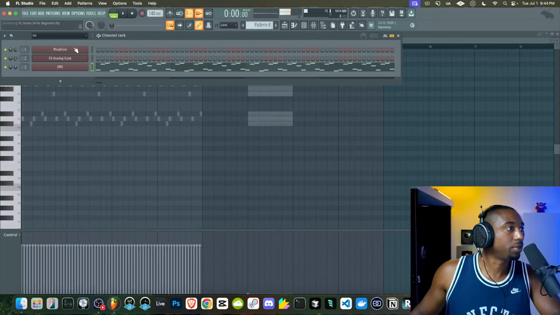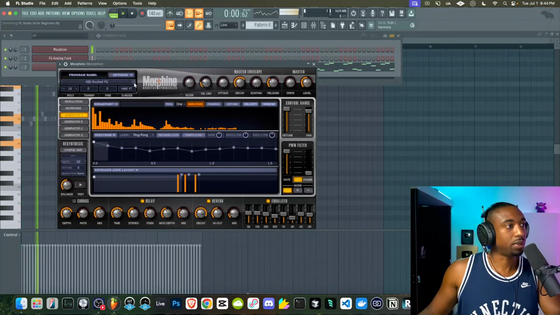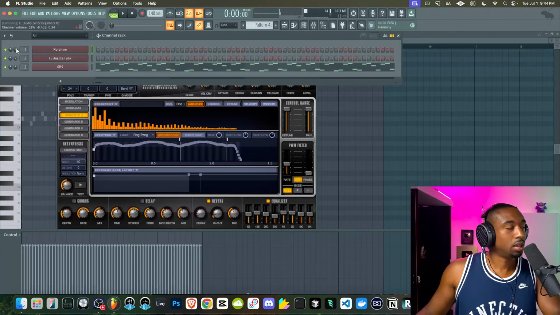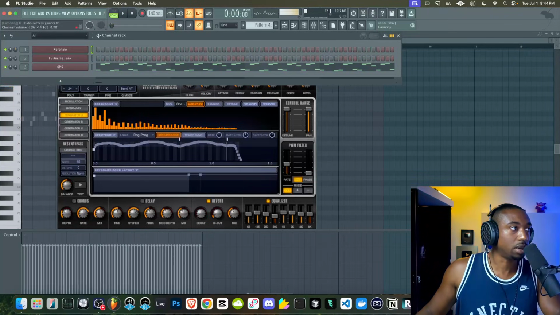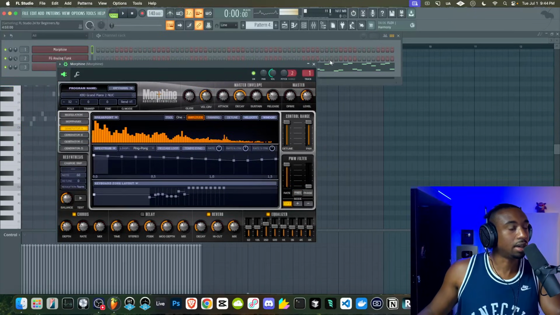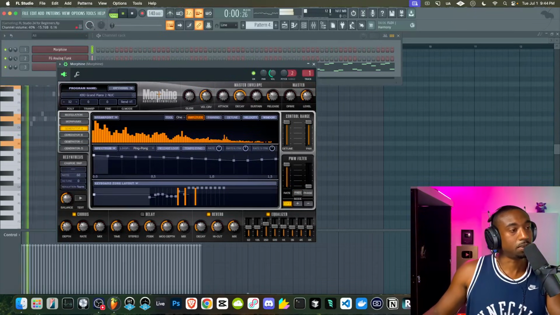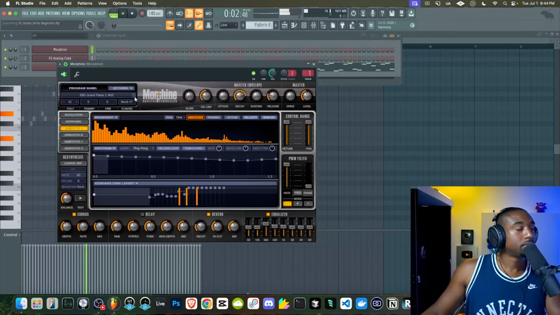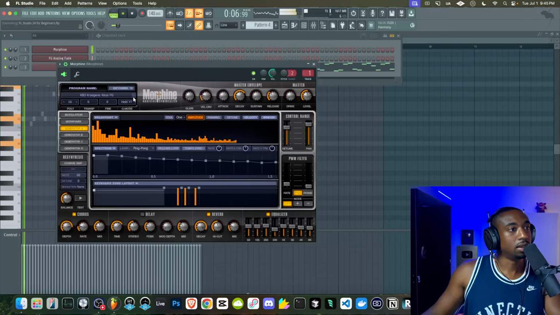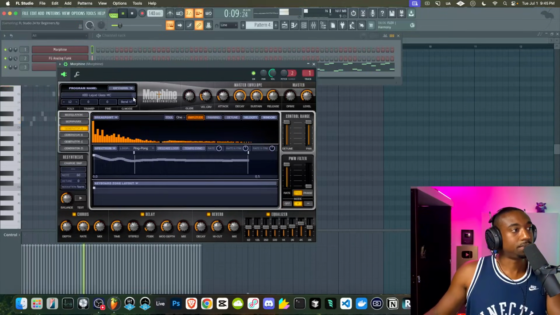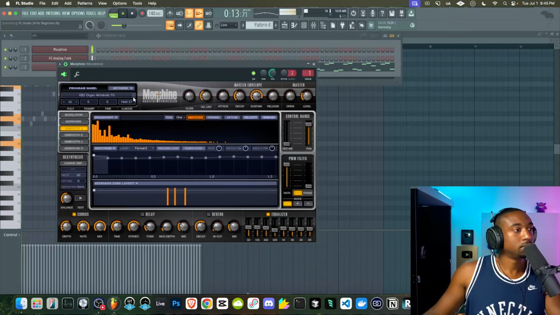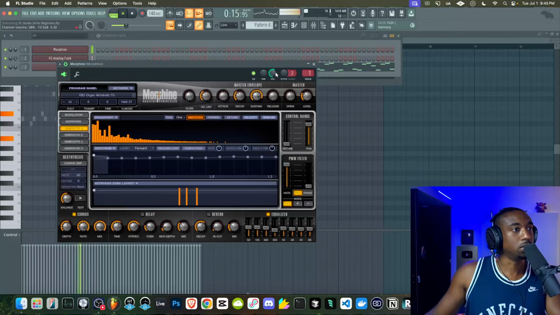Let's also go back to the morphine sound and maybe we can find a better sound that fits this vibe. Anytime you want to control the volume, look at the channel volume right here and just move that. You can also click this cog icon and quickly turn it down with this volume knob. So we're trying to find a sound that texturally just matches. This feels cool.